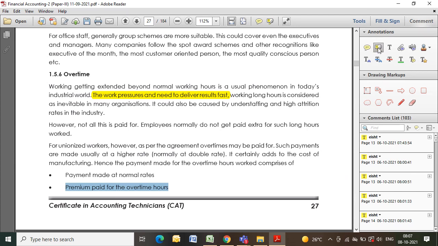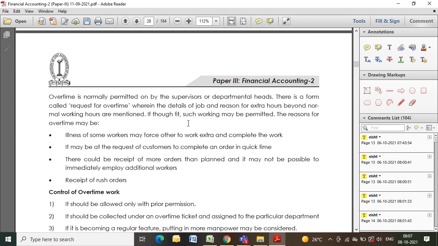Okay. Shalil, next. So also there is a request for overtime because of various reasons. The reasons for overtime can be that there is somebody ill, so you are expecting somebody else to take the place. It may be there is a request from customer that some person is needing the work urgently.